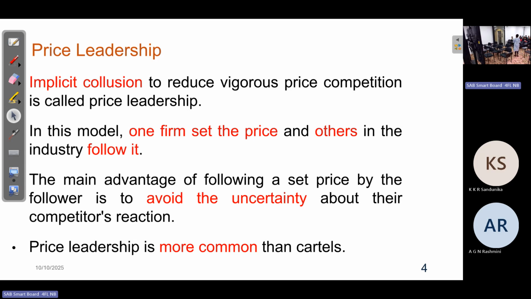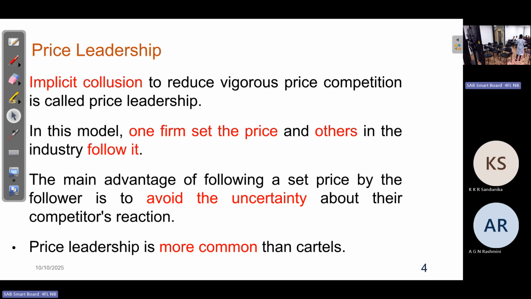The main purpose of this model is to limit price competition, so price-wise they are not competing with each other. If they compete with each other by price, all of them are likely to make losses, right? Price-wise competing is difficult in this market, and the losses are greater, because when one reduces the price the others follow. So it is difficult for them to make a profit by changing the price.